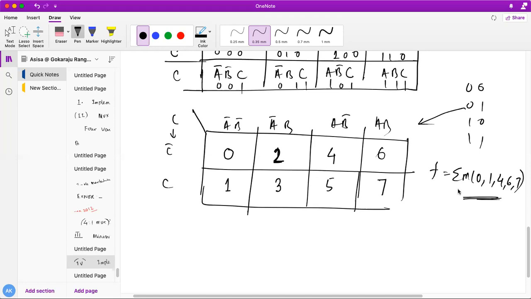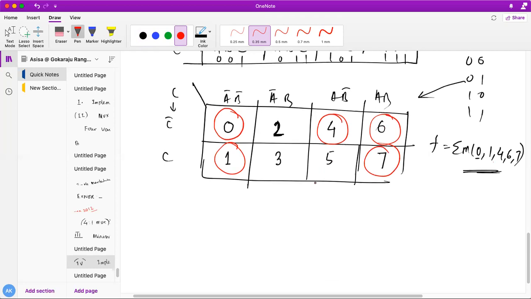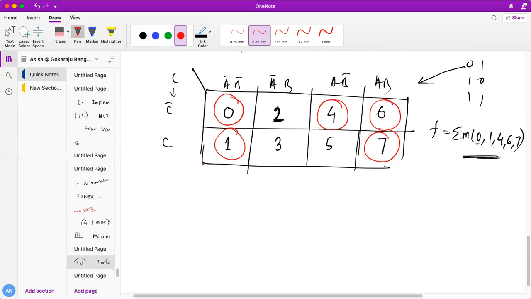Implement using MUX. So what is 0 is present? 0 is present means what you have to do? Make a round on it. 1 is present, make a round on it. 4 is present, make a round on it. 6 is present, make a round on it. 7 is present, make a round on it. Okay. Now what you have to do, this column will give you